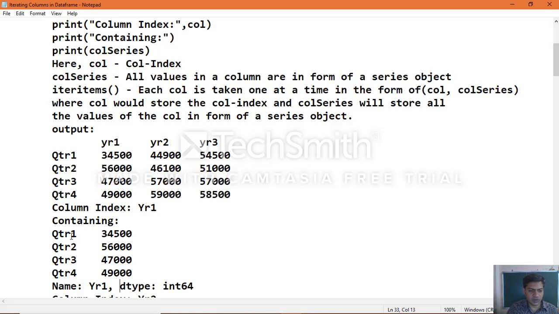So year 1 quarter 1 value, year 1 quarter 2, year 1 quarter 3, year 1 quarter 4, that is only for year 1, all the details. Okay, these are the values which you will extract. Same way,